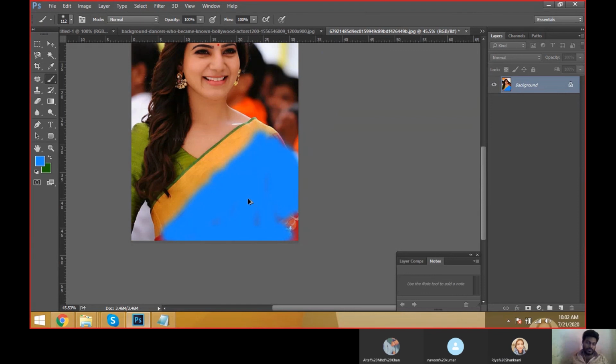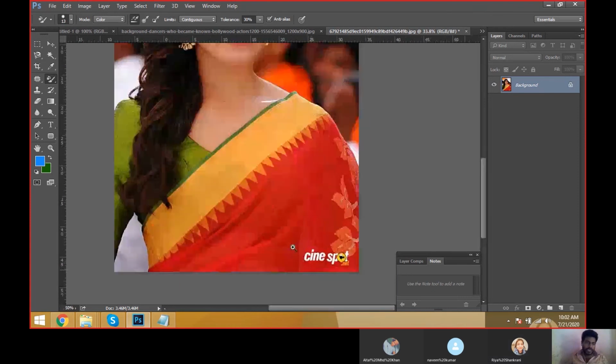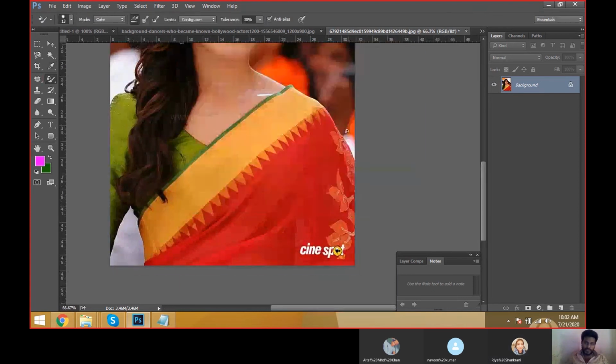Okay, that is not right. What should we do? We have to replace the color, color replace. I need some violet color.